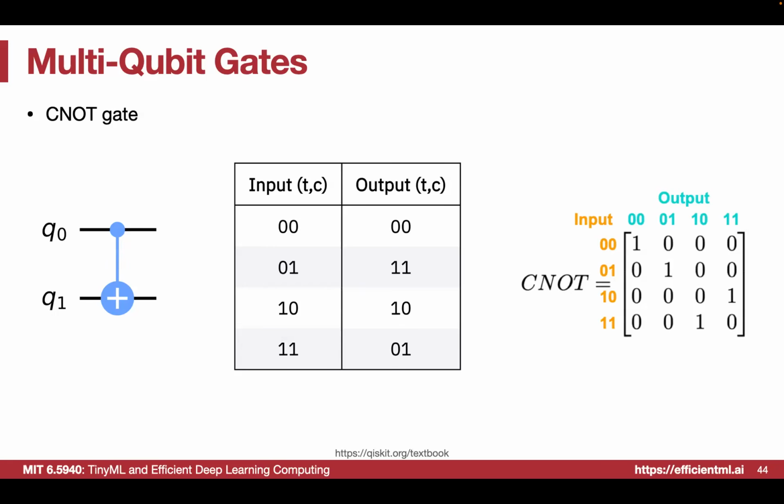We can see that in CNOT, what is C here? C is controlled, and NOT is the NOT gate, right? So CNOT is the controlled NOT gate, and essentially when qubit 0 is 0, we are not doing anything on Q1, right? But if Q0 is 1, we are doing a NOT gate on Q1. So this NOT gate is dependent on the state of Q0.